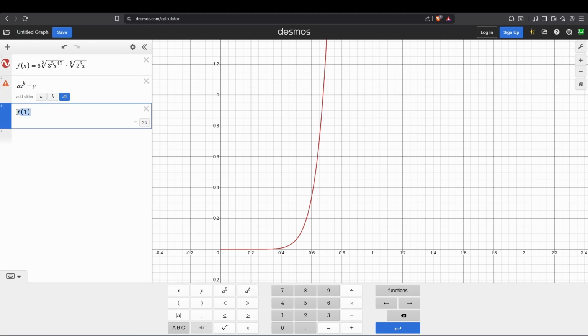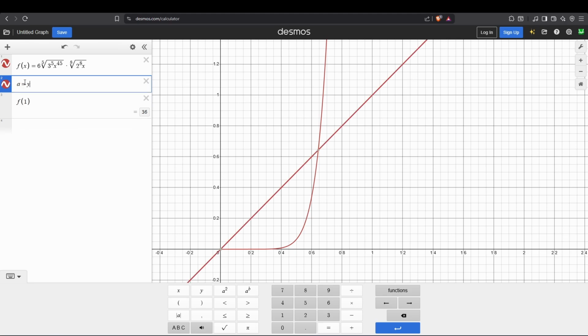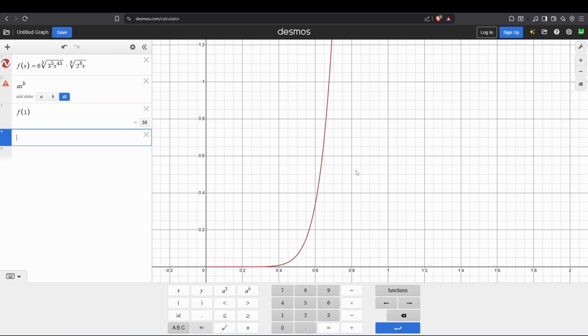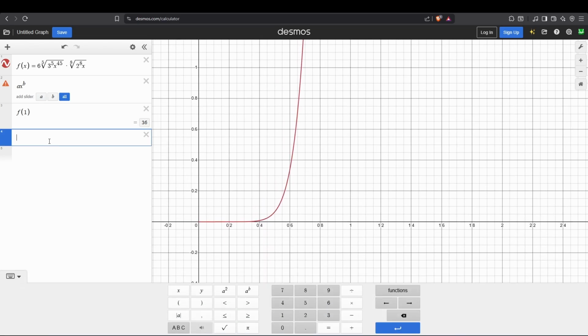So we know that f of 1, if we replace x with 1, no matter what the value of b is, it's just going to be gone. So that's going to say that when the value of x is 1, y is 36. So it's just going to set a equal to 36. That's essentially what this is saying when we set x equal to 1. So we know that our value of a is 36. So we can do 36 times x to the b,